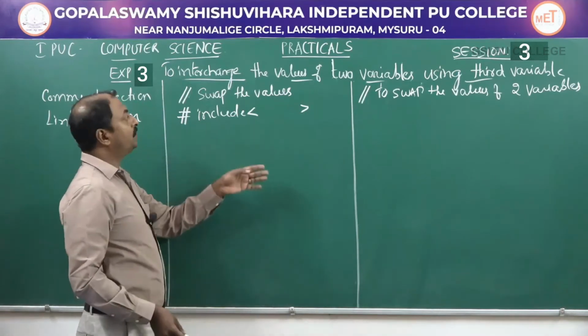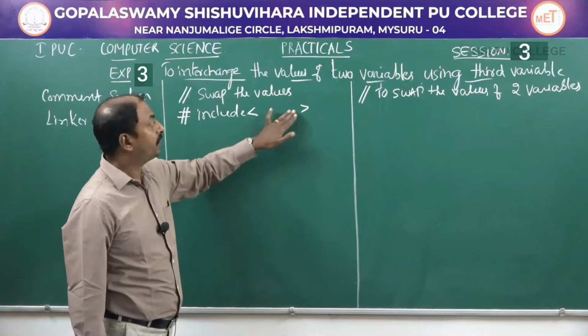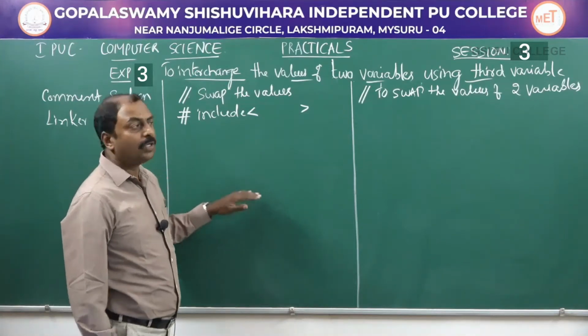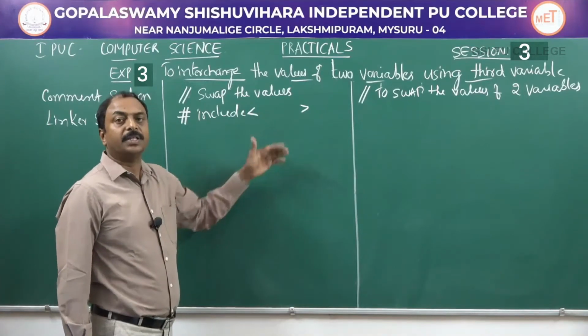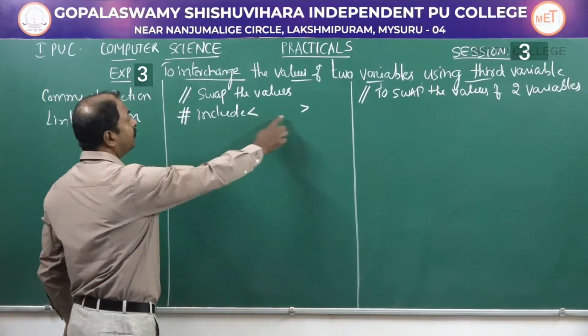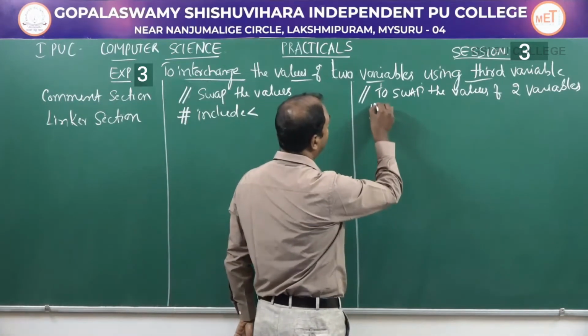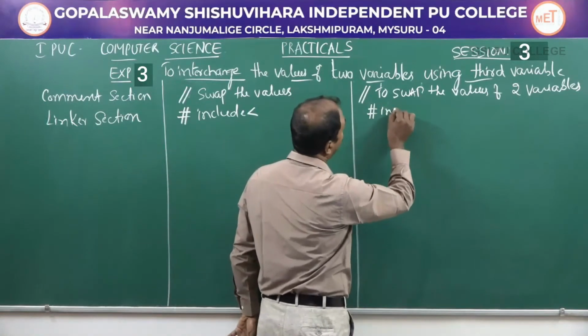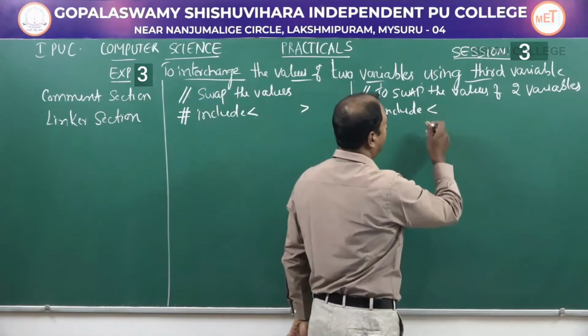The meaning of this section is we have to include the standard library functions in the program, as we are making use of these standard library functions in our programming statements. So this is hash include, and in this example I can write the standard header file, starting with include, then angle bracket